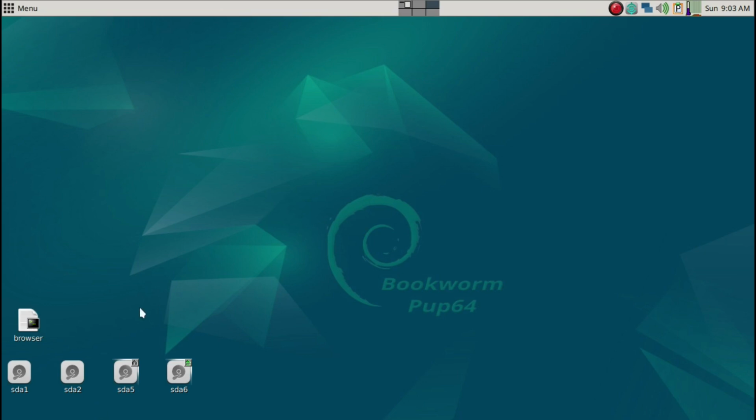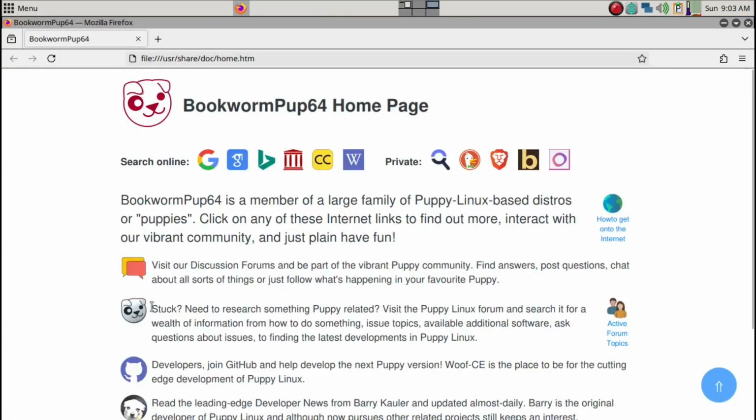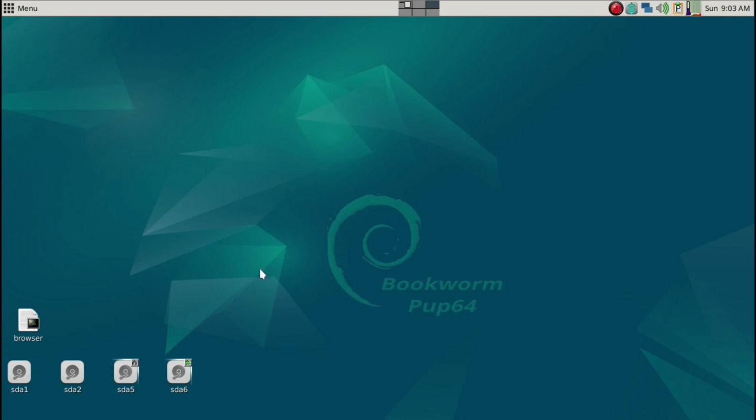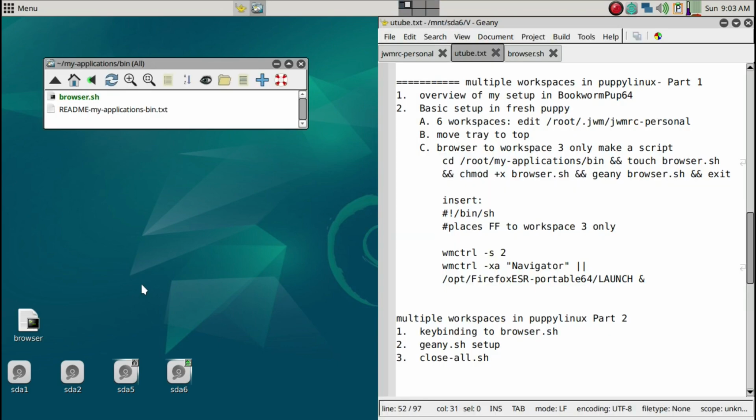So okay, and now what we can do is just use the keyboard, super W. Now it starts, and then Alt F4 will close. And then you can also change the icon here and so on. But rather than doing that, what I prefer to do is just to have this keyboard bound. So we'll go to workspace number 1 again, super 1, and then what we'll do is bind it in the